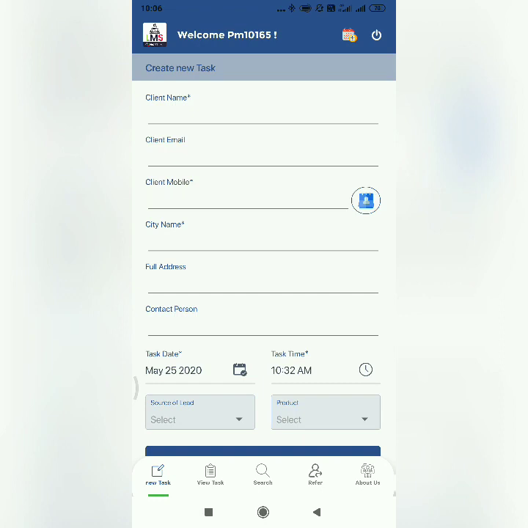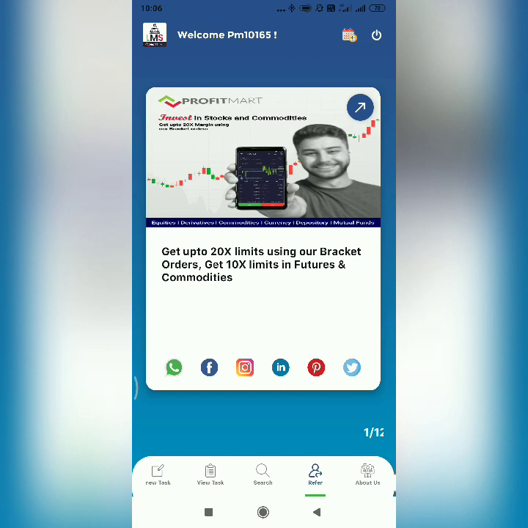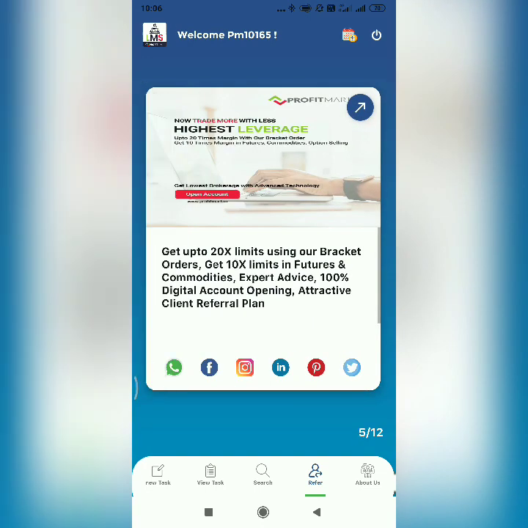Now coming on to a very important function of this app, which is the refer part. At the bottom of your screen you can see there is an option refer. Just click onto it once. So now you can see there are different ads which are run by the company. There are 12 different apps over here.